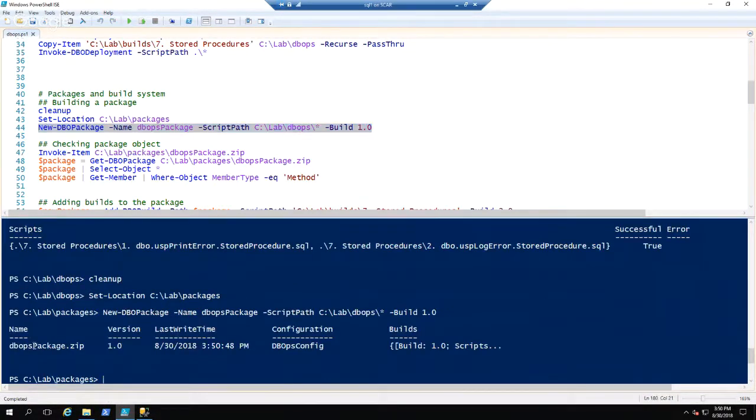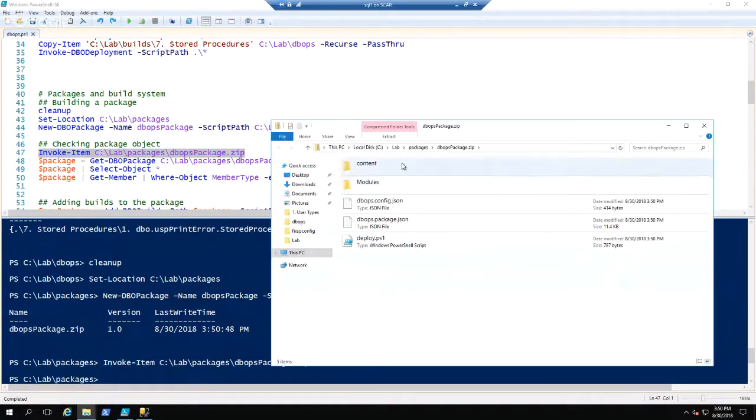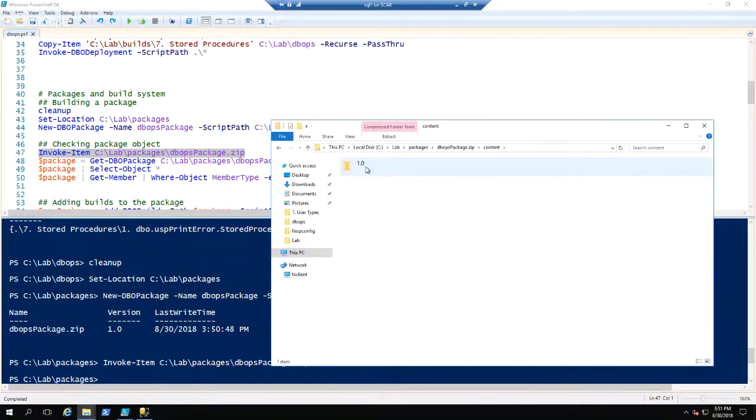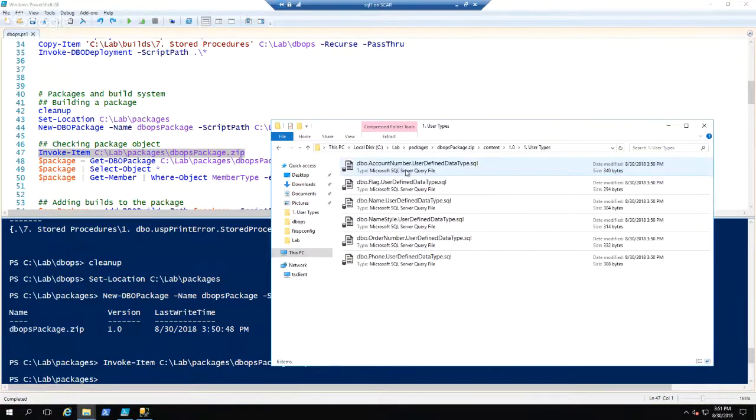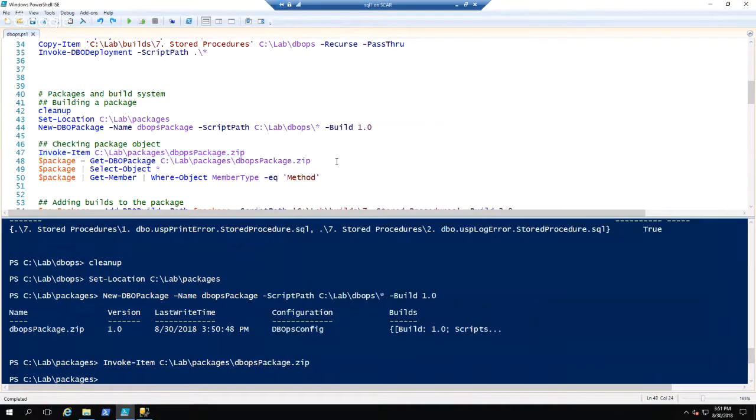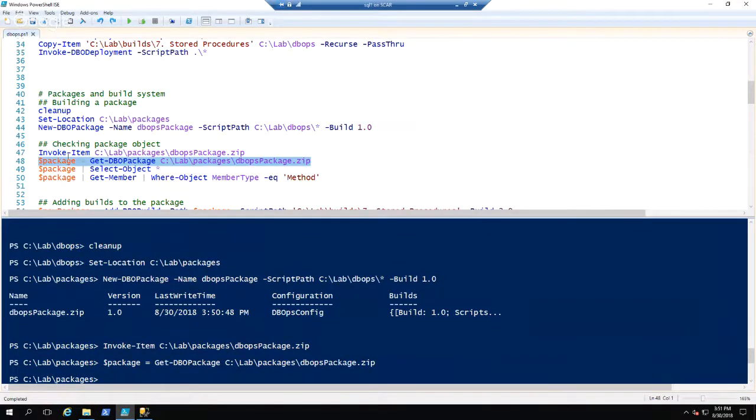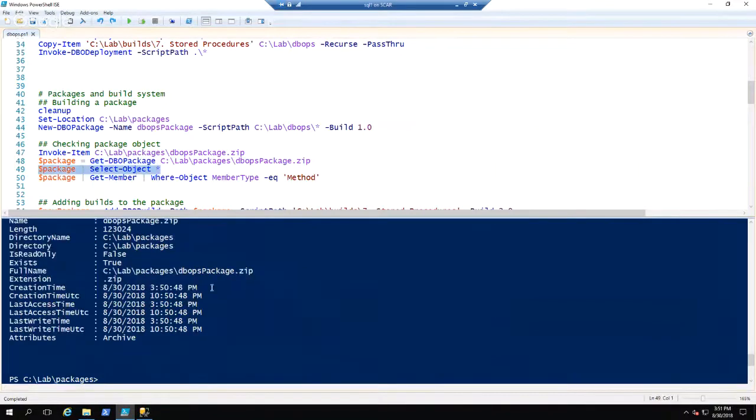This command created a zip file, and it's a regular zip file, but with some peculiar content. This is some metadata about the package. This is the deployment script that you can just execute after unzipping the package, and it will just deploy it. And in content, you can see build 1.0, where we can see all the scripts that have been added to the package. I'm just going to load this package into a variable, package,